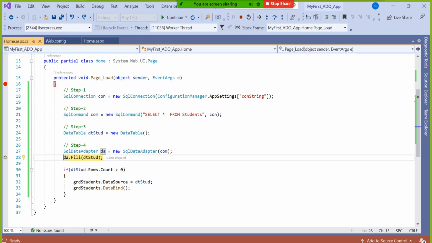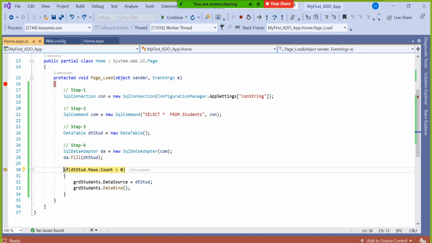If any mistake is there, it will come in line number 28 only. If instead of SELECT in line number 21 you made a spelling mistake, it will not show an error in line number 21, because those are all for providing the information. The actual execution to hit the database is in line number 28. So let's see, is there any mistake?